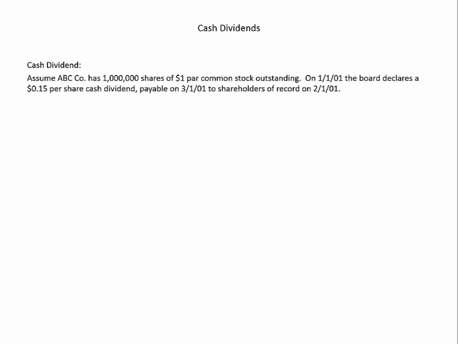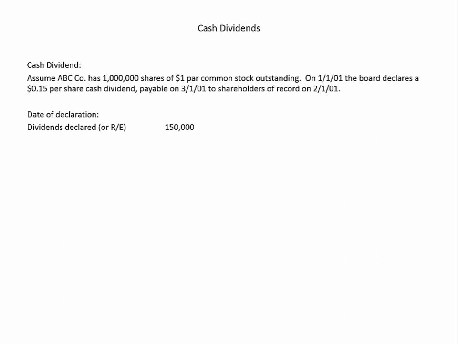First, let's go ahead and talk about cash dividends. Cash dividends are far and away the most common type of dividend. So let's assume that ABC Company has 1 million shares of $1 par value common stock outstanding. Sort of a generic statement of a dividend. On January 1st, 2001, the board declares a 15-cent per share cash dividend payable on March 1st, 2001, to shareholders of record on February 1st, 2001. On the date of declaration,